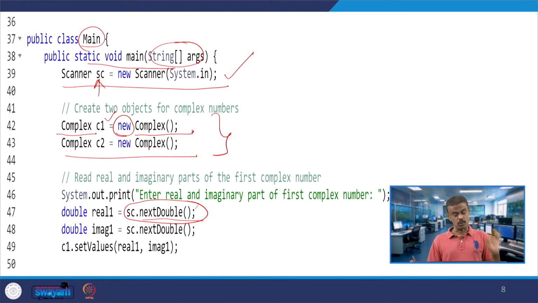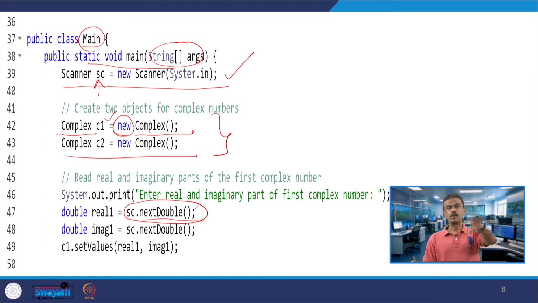This sc and Scanner are inbuilt classes, which are useful. This sc object is invoking the nextDouble method, an inbuilt method, so whatever the user enters will be stored in real1. Similarly, at line number 48, the sc object is invoking the inbuilt method nextDouble, and it will be assigned to imaginary1.